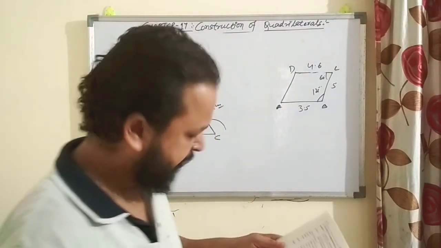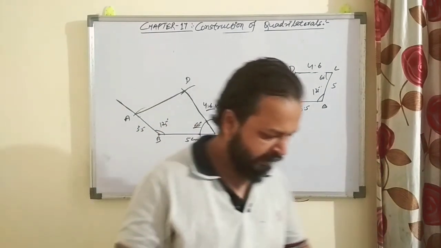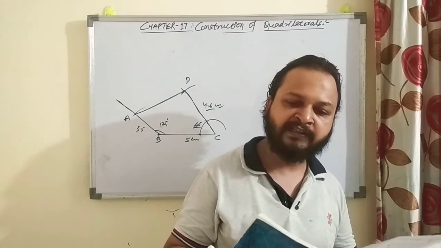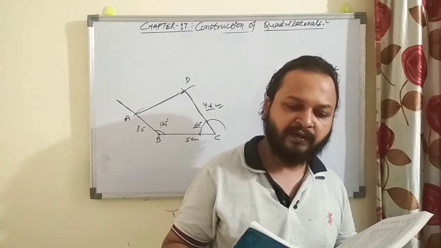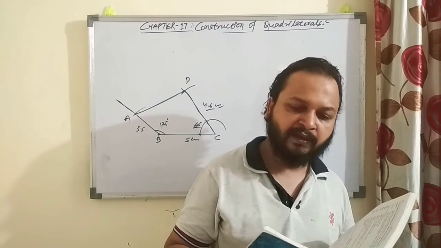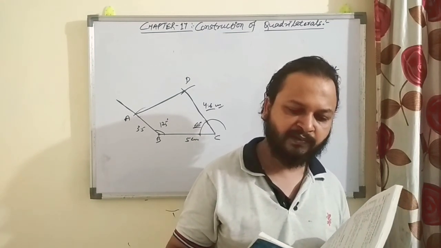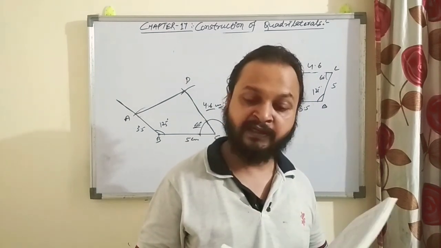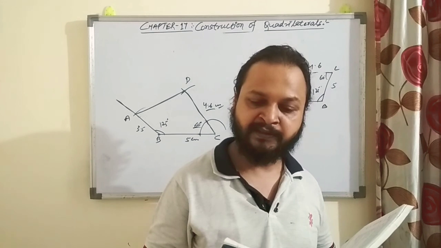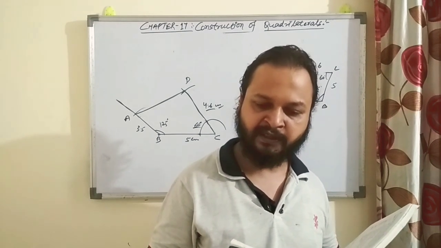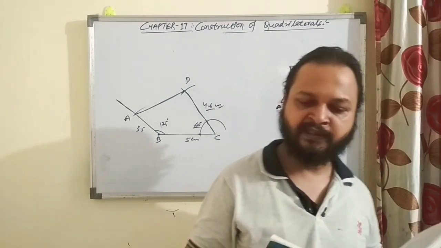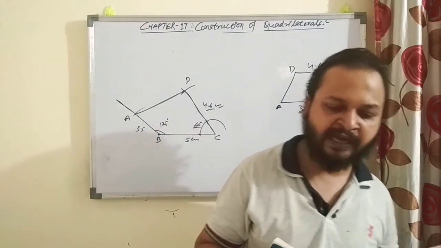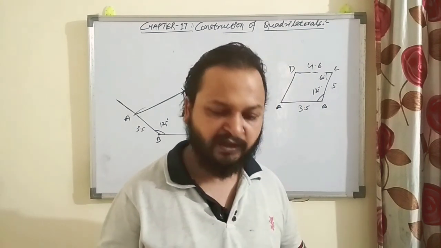So 2-3 questions are also left. Question number 10 is also the same. In question number 11, 3 angles are given, right? And in question number 13, 2 angles and 3 sides are given. AB, BC, AC is given. A and C is given, meaning one diagonal is given. So the length of 2 sides and one diagonal are given, and 2 angles are given. So just construct them.